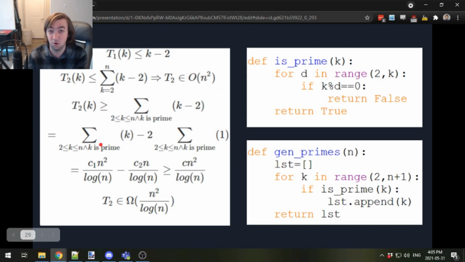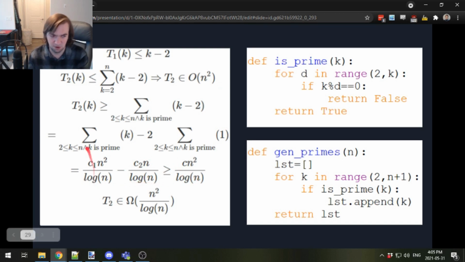And the answer is about n over log n. And so that's how many times our loop goes through. We're summing k, so that's how many times you have to add the k's together. You basically end up with this little formula, some constant, we don't care too much about the constants, times n squared over log n, minus, over here, n log n times some constant. Putting constants aside for a moment, we can pretty quickly see that if we pick a big enough or a small enough constant, this is larger than c times n squared over log n. If you pick the c to be big enough,